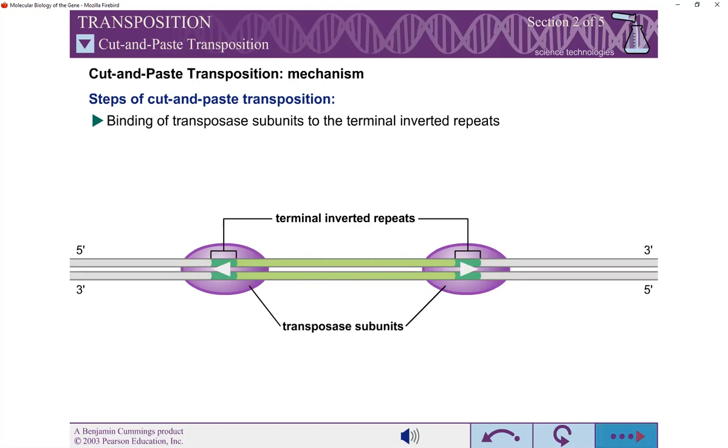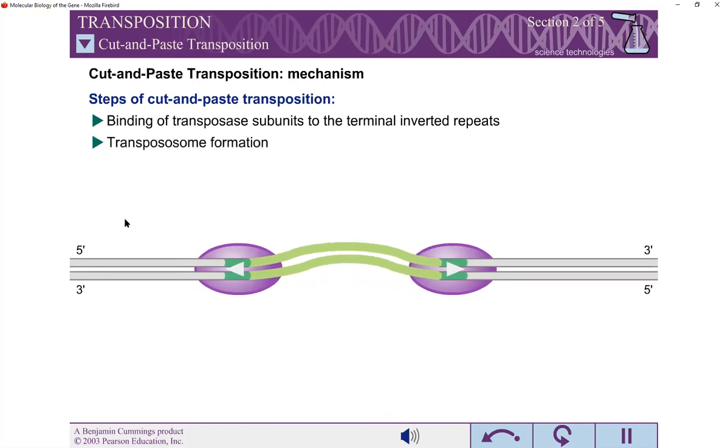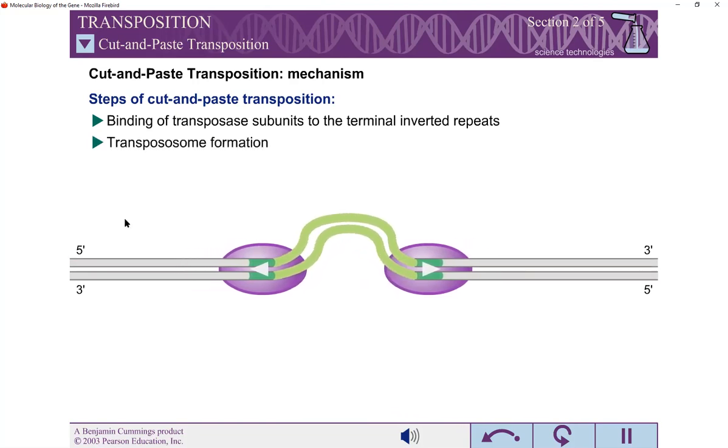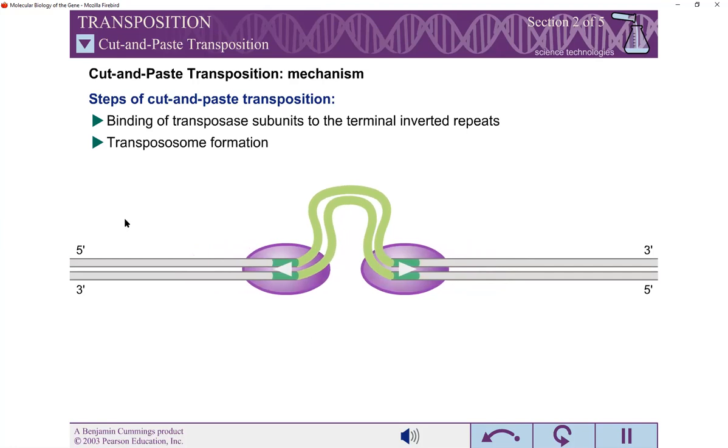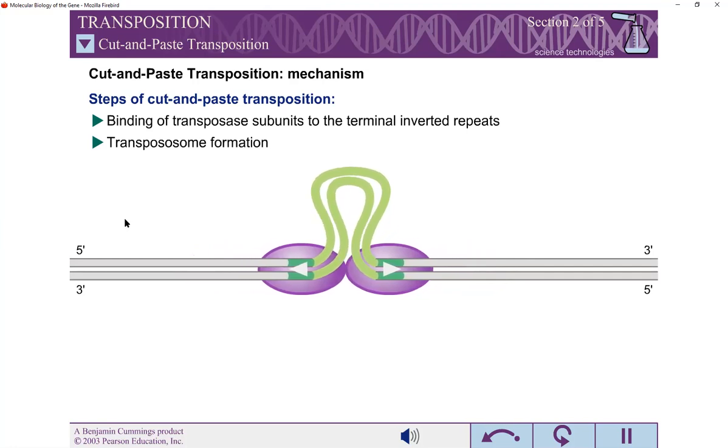Okay, so let us have a view. Once the transposase subunits recognize these sequences, they bring the two ends together to generate a stable protein DNA complex called a transpososome or synaptic complex. This complex functions to ensure that the DNA cleavage and joining reactions occur simultaneously on both ends of the transposon, and also protects the DNA ends from cellular enzymes during transposition.